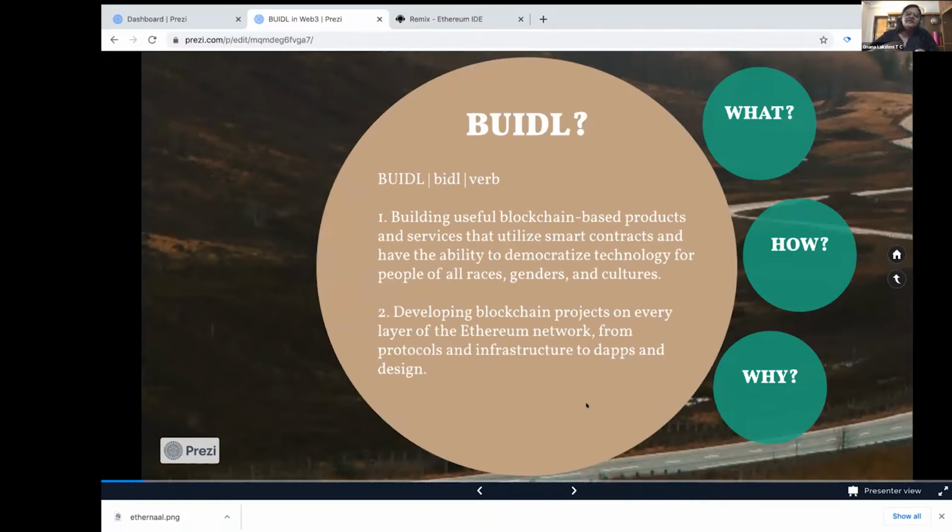Because here, and this is one of the definitions I picked from the Consensus website, but of course, just to tweak it a little bit and talk a little bit more about how building in a Web2 ecosystem is slightly different, and building in a Web3 ecosystem is not traditional, just like Web2, right? So that's why there's a bit of a twist to the word build itself. But essentially what it means is building useful blockchain-based products and services, right?